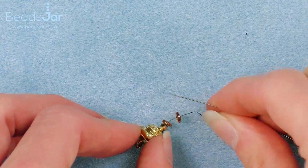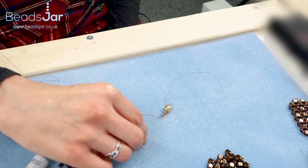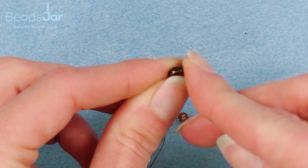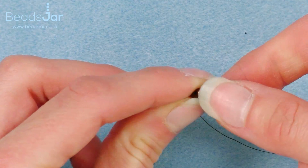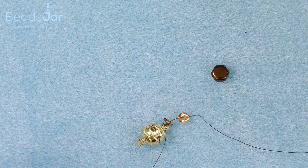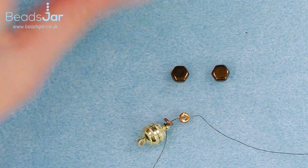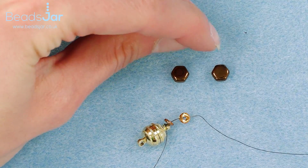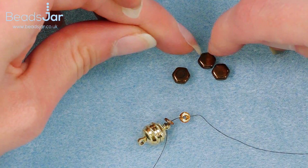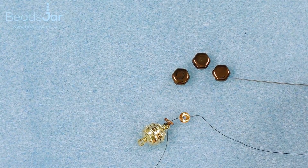Now we've got to plan the layout of the honeycomb beads. By that, every time we use the honeycomb, we need the smooth edge to be facing that way, and the 2 holes on the side. So I'm just going to lay out the first 3, so I know I've got them all in the perfect position for threading. That one's got the 2 holes there, so we just want to flip it round so we've got the smooth edge at the top. Like so. So take your needle through the top one